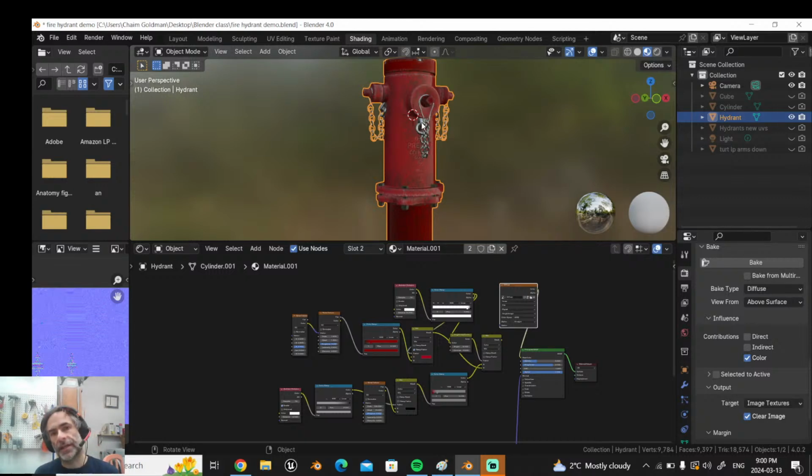Now, if I want to take this fire hydrant and bring it to a game engine like Unity or Unreal Engine, I can't use these nodes because they don't recognize these nodes. And it's much too cumbersome for a game engine to have all this procedural texture. So generally what you do is that once you finish your texture in Blender or whatever program, you bake it into a map. And then the one map is going to be used along with the model in